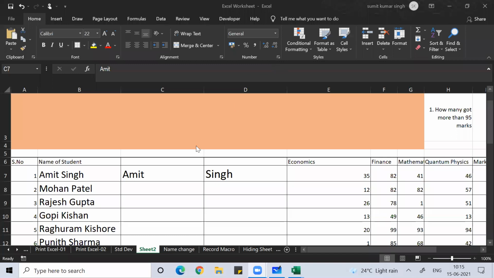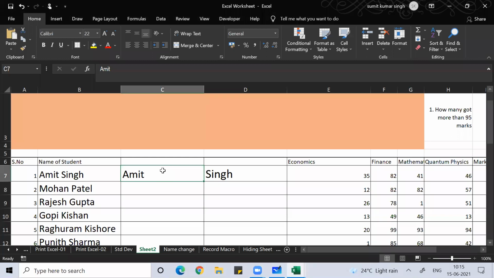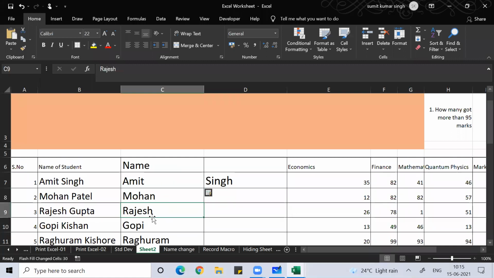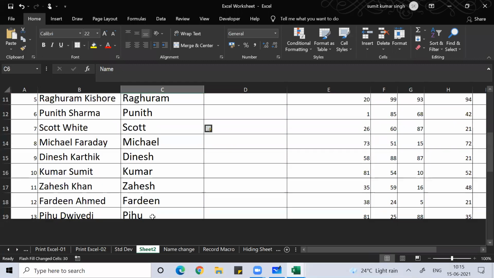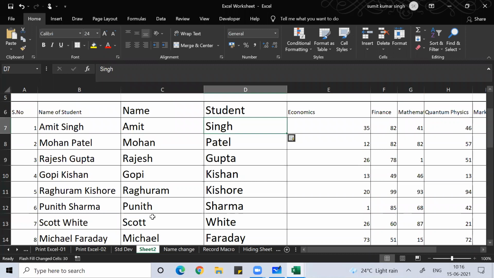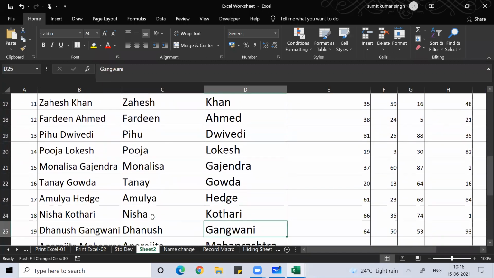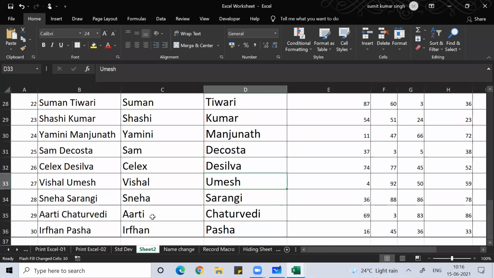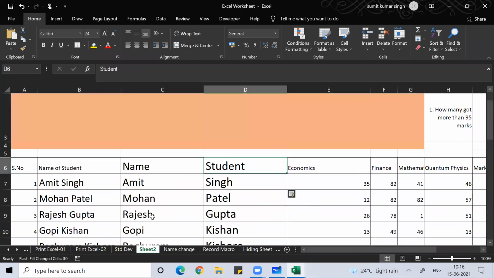Okay. So now guys, it's very simple how to separate the name. You just copy one name and surname here, press Control E. If you do Control E, everything is done. This is artificial intelligence, guys. You do one part, Excel will do everything. You tell Excel what you want, press Control E. Done. This we did by using something called Flash Fill.